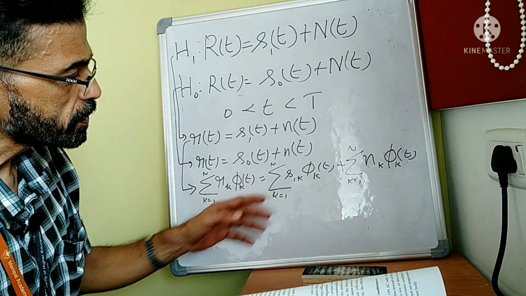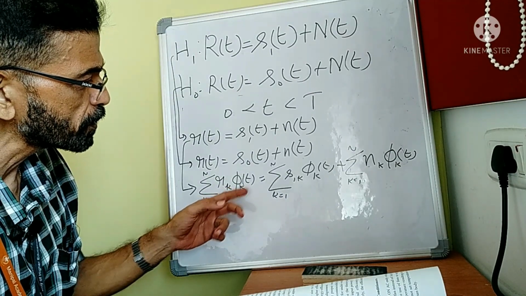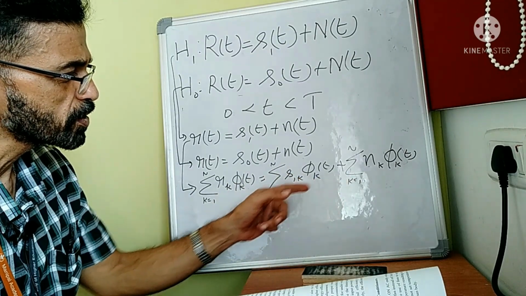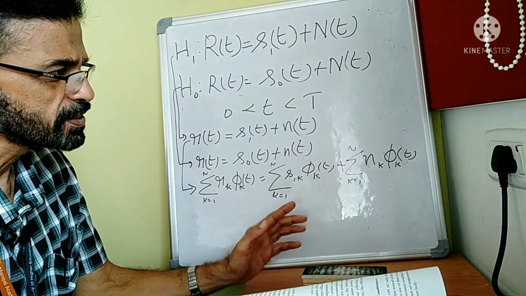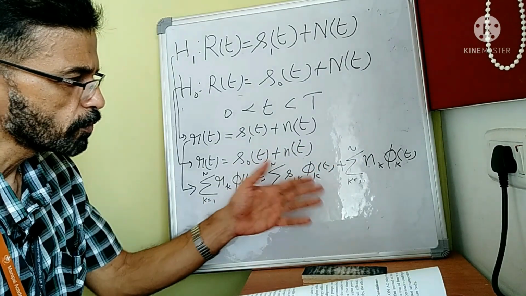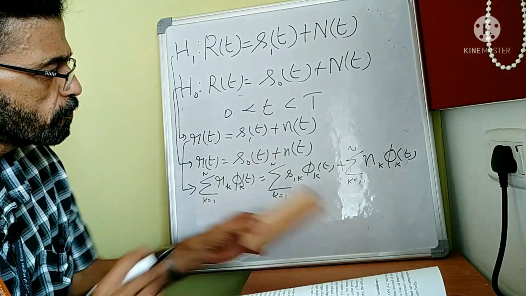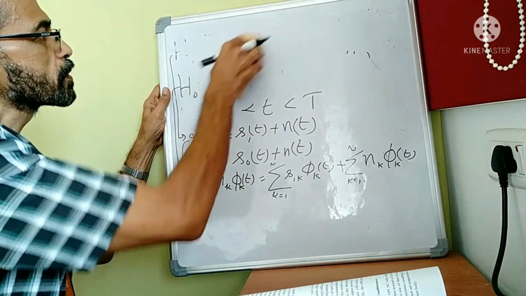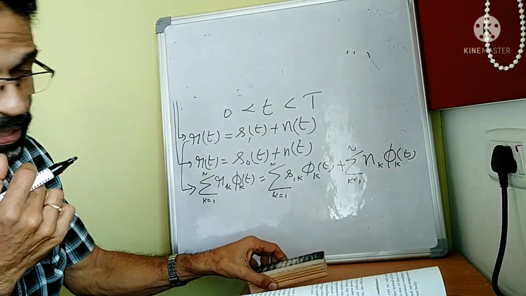Now if you start comparing the coefficients of phi 1 on the left-hand side as well as the right-hand side, of course the right-hand side can be expressed as S1k plus nk, then multiplied by phi kt, a single summation, which is quite obvious, so I will not write it down here. Now if you compare the coefficients of phi k, we can easily note that